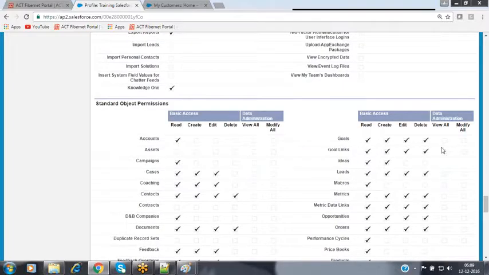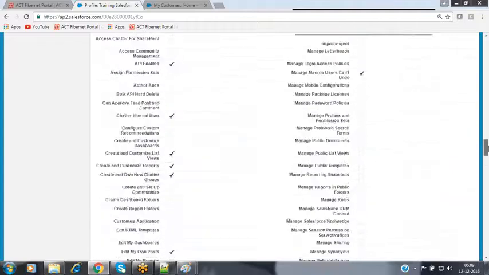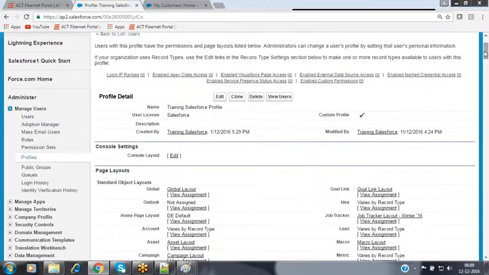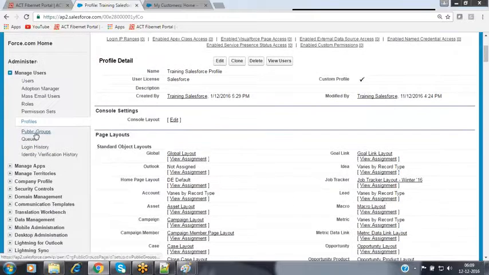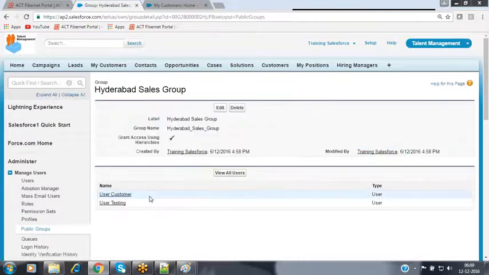He is having just the read permissions over here. What public groups are available here? Customer user, testing user, that's it.